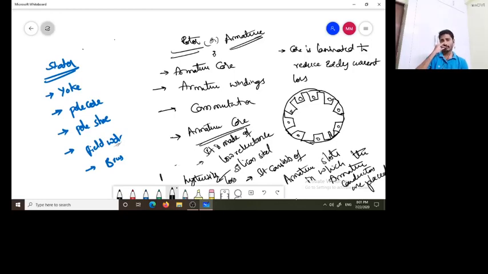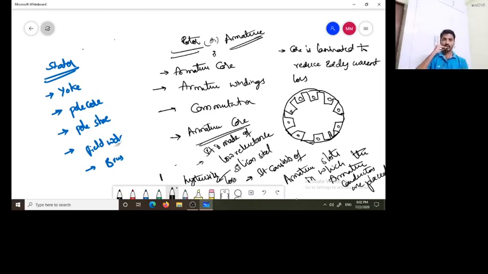For the sake of remembering, hysteresis loss is a loss occurring in the magnetic material due to magnetic reversals. Whenever the magnetic material is subjected to magnetization and demagnetization continuously, some loss occurs in the magnetic material. That loss is nothing but hysteresis loss. And next we are talking about eddy current loss. Eddy current loss is nothing but the I square R loss occurring in the core material.